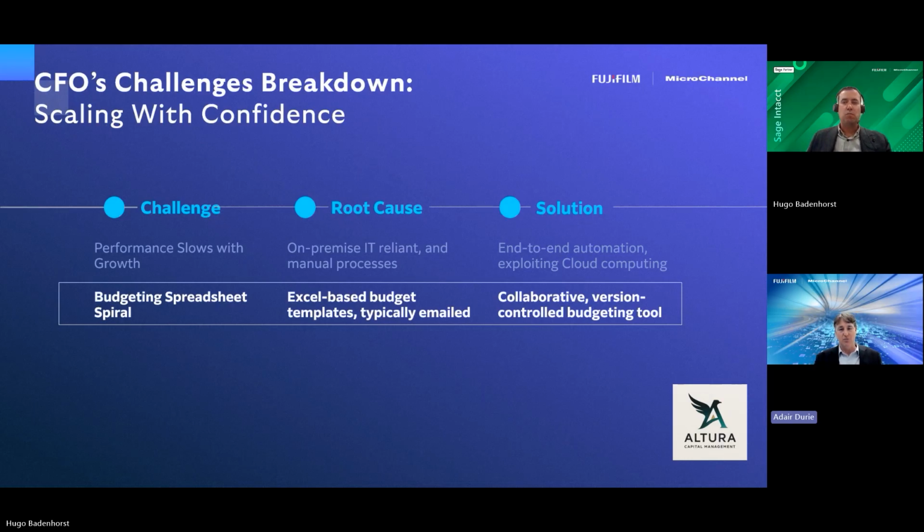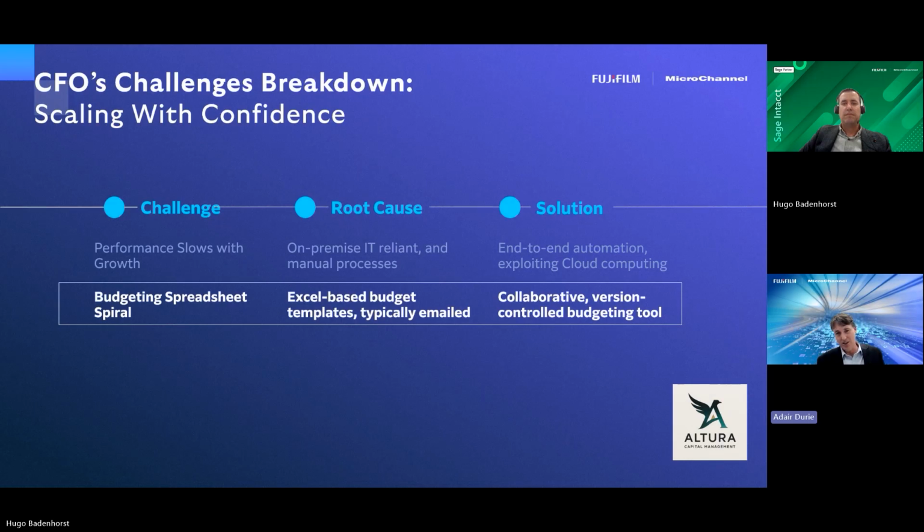The other area I mentioned before is around making sure that you don't have manual processes. You have best-in-breed processes to do things. And one of the areas we see a lot when companies grow, when companies create more departments, start opening up in different locations, start opening up different companies, diversify their business, all of a sudden budgeting is one area that just stops the business growing with confidence.